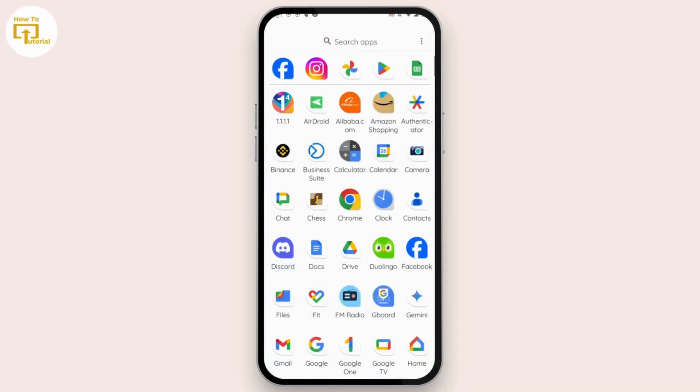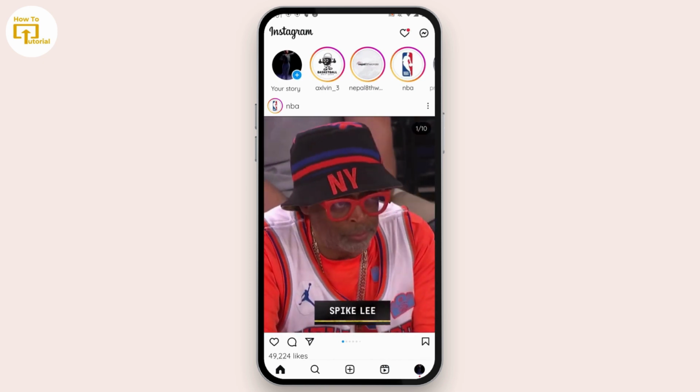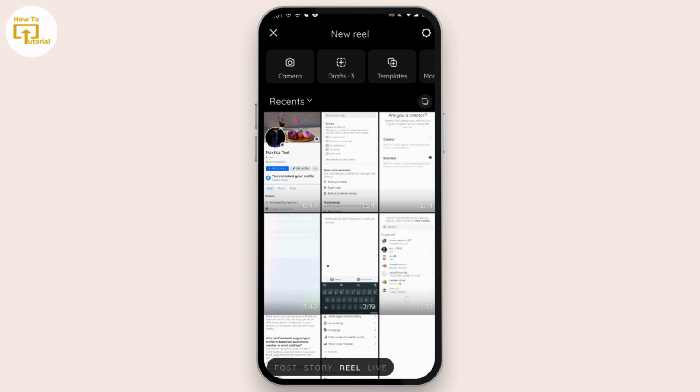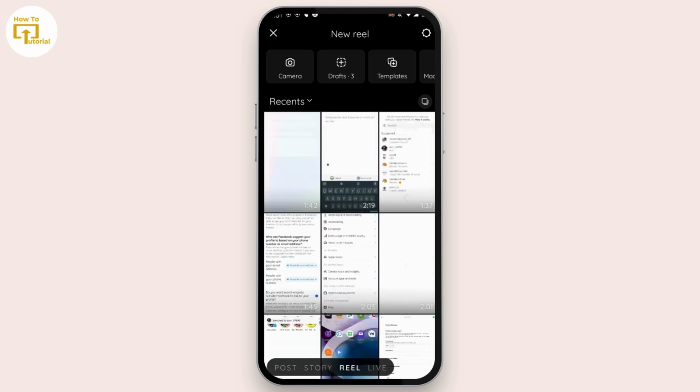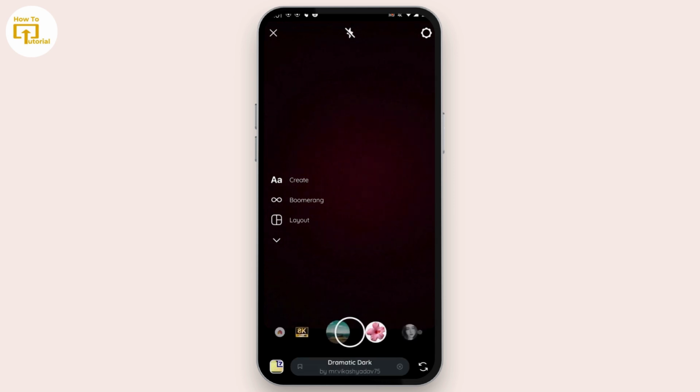So if you just open up your Instagram application, and after opening it, tap on the plus icon which is on the bottom middle of your screen. After tapping on that, you can tap on camera roll, or just tap on story which is on the bottom. And after tapping on the story, you'll find all these filters. So over here, if you can't find the search option, now to fix that,